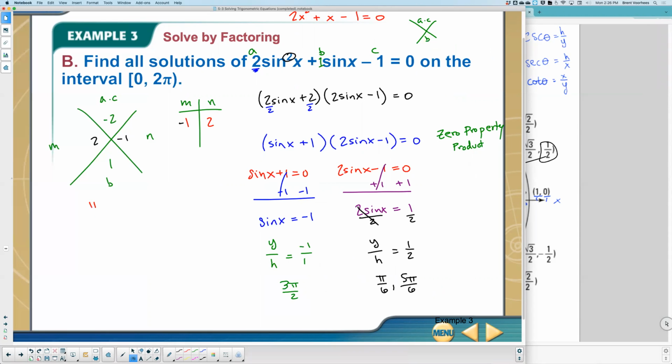If you wanted to go in order, it would be pi over 6 first, then 5 pi over 6, then 3 pi over 2. That's in order of the unit circle. Those are the solutions. Yep. All right, with all that,